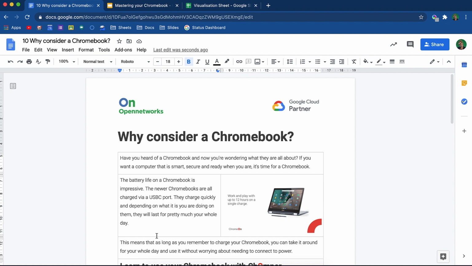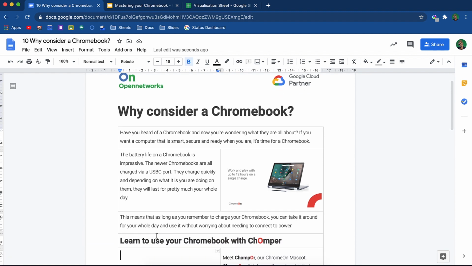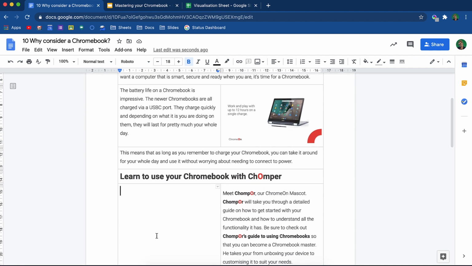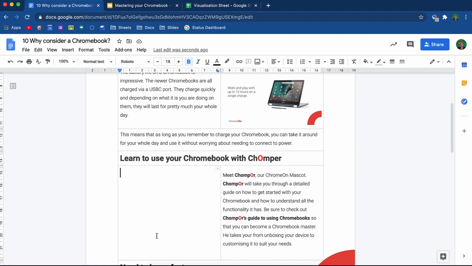Here, I have a Google Doc around the topic of Chromebooks. You will notice that this doc is being written in a table. I'll hide the table when it's done. This is simply a technique to help plan the document layout. I already have a presentation on Chromebooks and would like to use the slides as part of the visual story